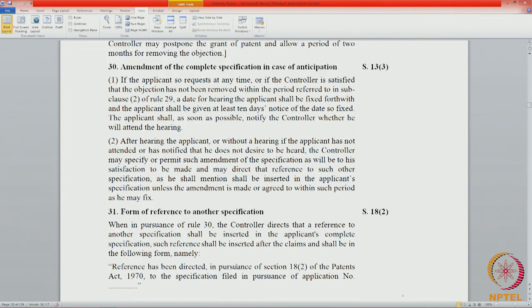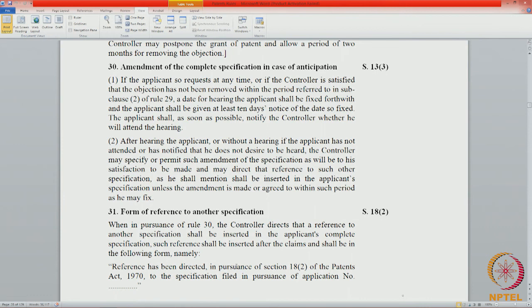If he is going to write an order, saying I am granting the application because they have overcome it, or I want the application to be amended based on this reason, or I am rejecting the application based on this reason, they will all be orders under section 15, because the power to refuse an application comes only under section 15.